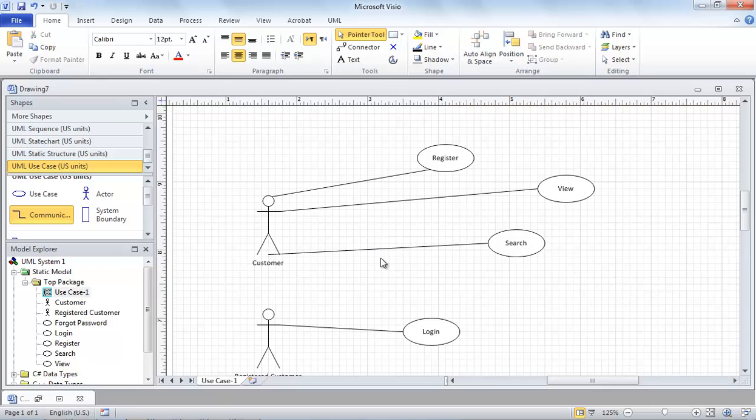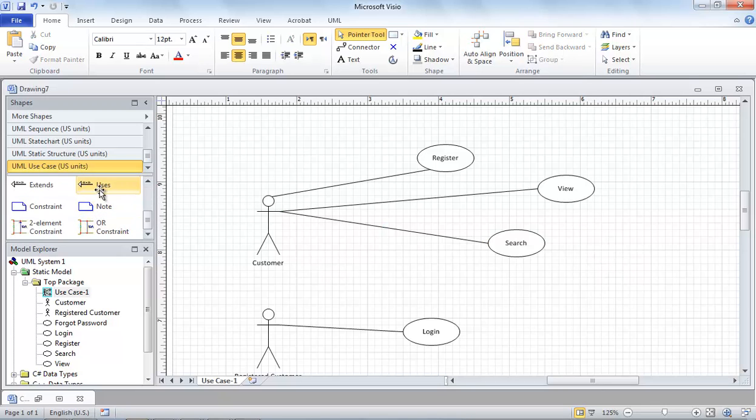Okay, I have search, view and register by a normal customer, and I can also have this includes, this uses over here, and this is perfectly valid because when you search you may view, sorry, not always, you may view if you like the search results. Okay, my register, view and search and login are done, and let's